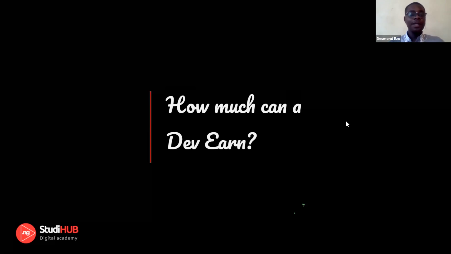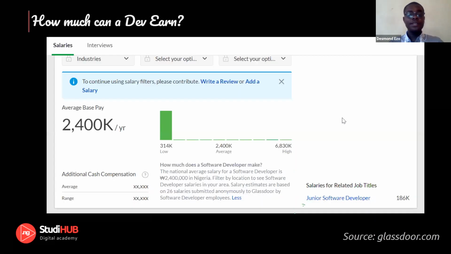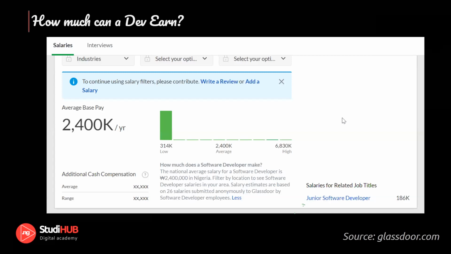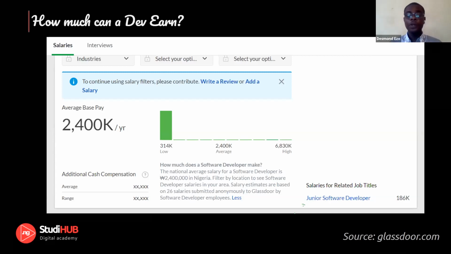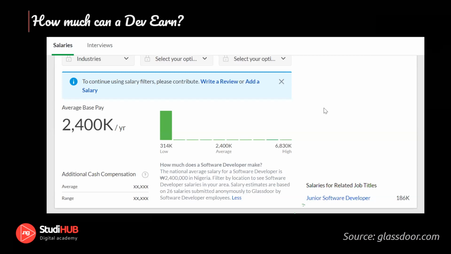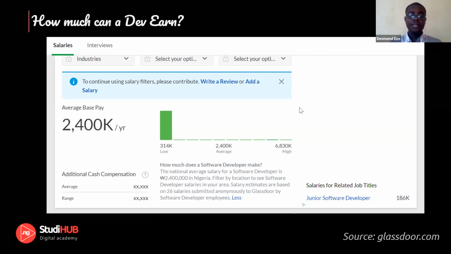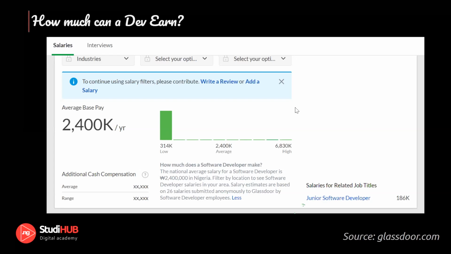So let's look at them. This is a statistic from glassdoor.com. If you know glassdoor.com very well, you know that that's a place where people go to find jobs. Glassdoor.com created a survey and asked the question, how much is the salary of a junior software developer? So a junior web developer, for instance, how much is your salary?